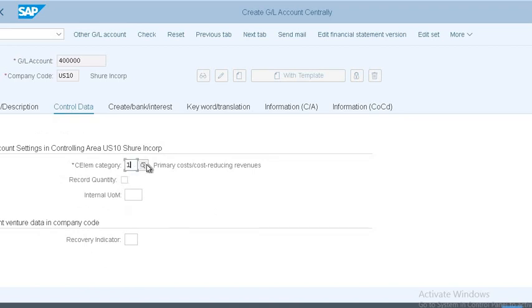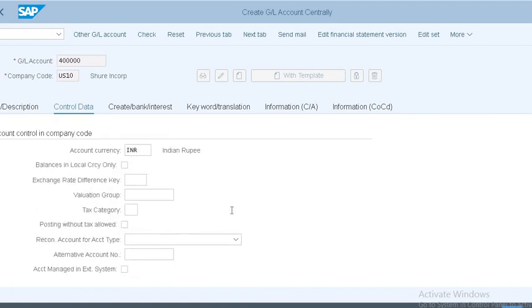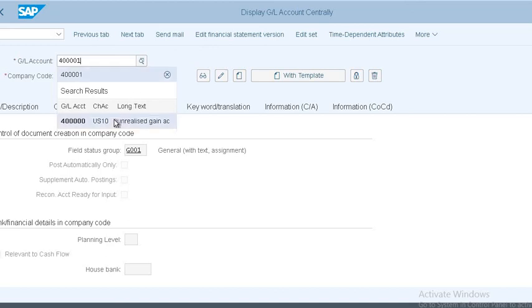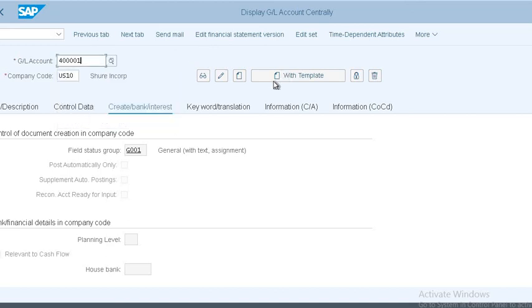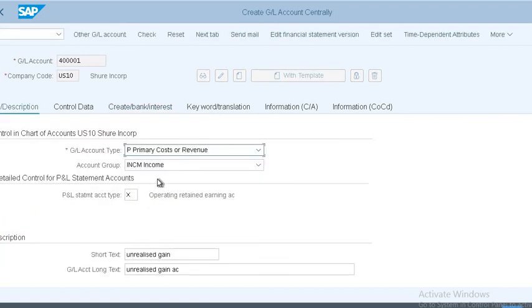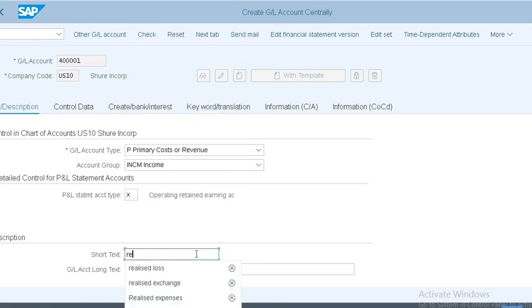The cost element is the primary expenses. No, it is a revenue, right? Now I am going to create realized, realized foreign currency.